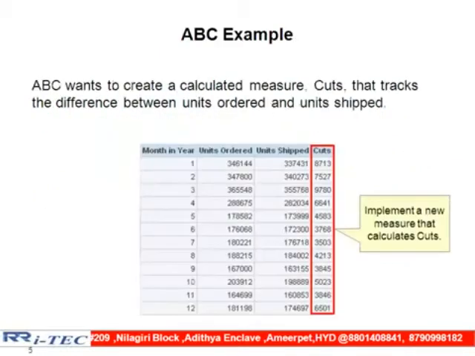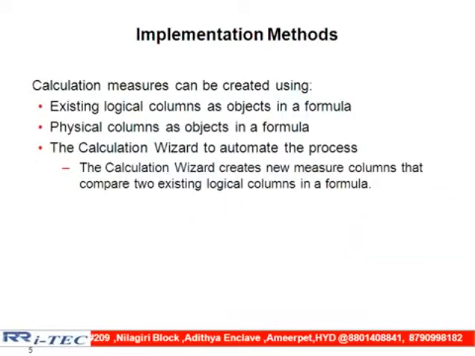Any questions? If you go one by one, this is what we are going to do at the end of the day. We have here month, we have here units ordered, we have here units shipped, but what is not there, sir? The difference is not there. The difference is normally called cuts. Cuts are back orders or pending orders, whatever terminology we use, all are one and the same. We have 3 terminologies here: one is cuts, second is back order, third is pending order. These are the 3 terminologies we have.